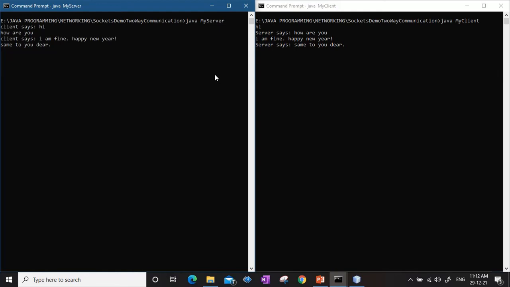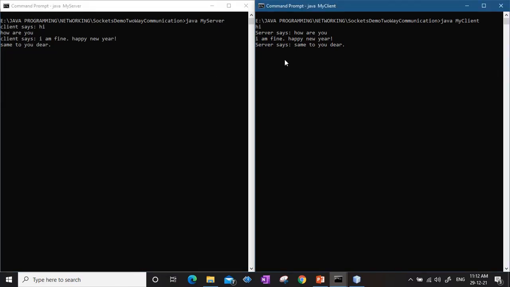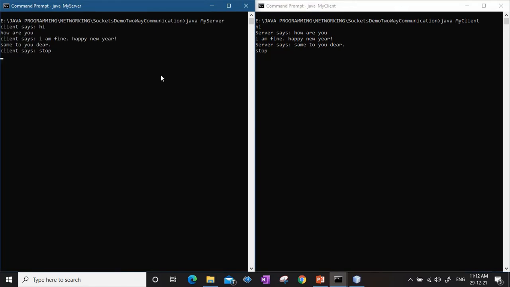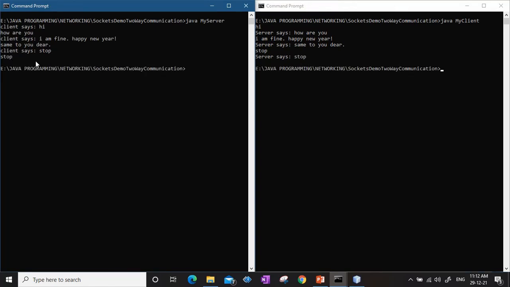So now what I do, this is the server, right? So first the client says stop. Anybody can say stop. So I'll say stop. Fine. And now the server says stop. So once the server says stop, when both the parties say stop, the client-server connection is disconnected and the communication is exited.